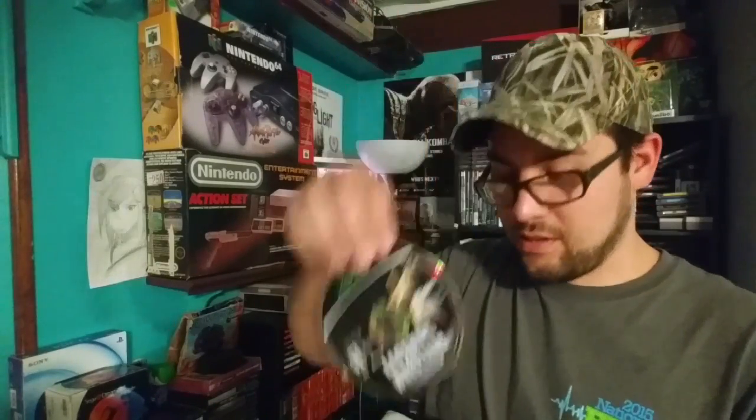I'll just open the case and read through some of the games that are in here. And there's a few duplicates. Anyways, we got Crimson Skies, Rainbow Six 3, we got Top Spin, NCAA, so dual disc, Project Gotham Racing 2, Need for Speed Underground 2, Madden 05, Legends of Wrestling, which I have on PlayStation 2, Project Gotham Racing 1, NFL Fever 2003, we have Ghost Recon 2, Conflict Desert Storm, Greg Hastings Tournament Paintball,